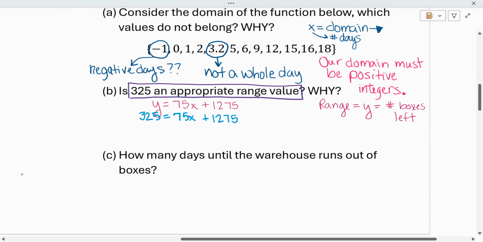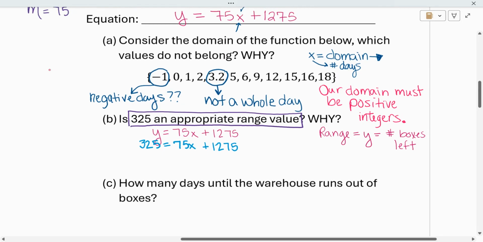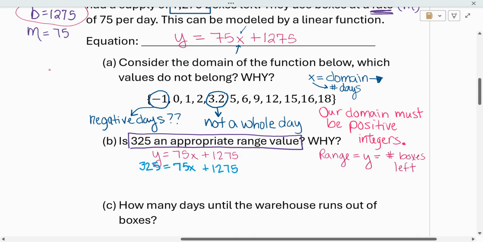So how would I solve? Ooh, I have a question really fast. Are we adding boxes to our pile or are we using boxes? We're using. So what does our slope need to be? Yeah, this slope needs to be negative. Do you guys see that? Your slope needs to be negative. So up at that top where it says equation,